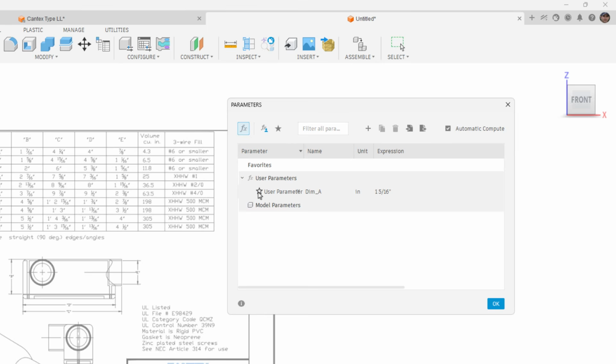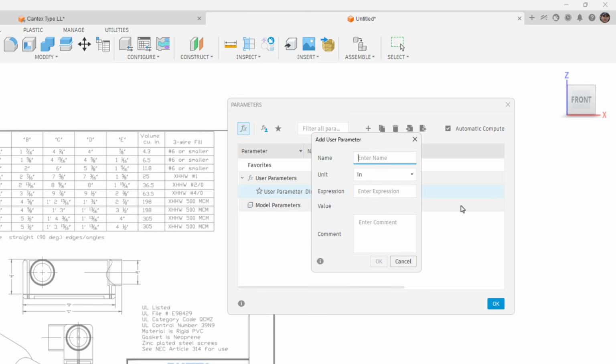The star, you can use that to add it to your favorites, but user parameters will be at the top by default. If you have model parameters, things like dimensions and sketches, whether or not they have names associated with them, you can use the star to put them in the top. Otherwise, they're just going to be buried in a list. All right, next we're going to do